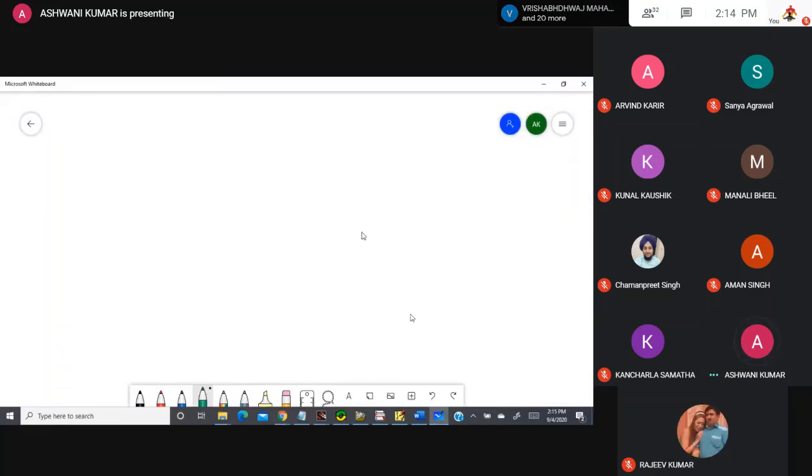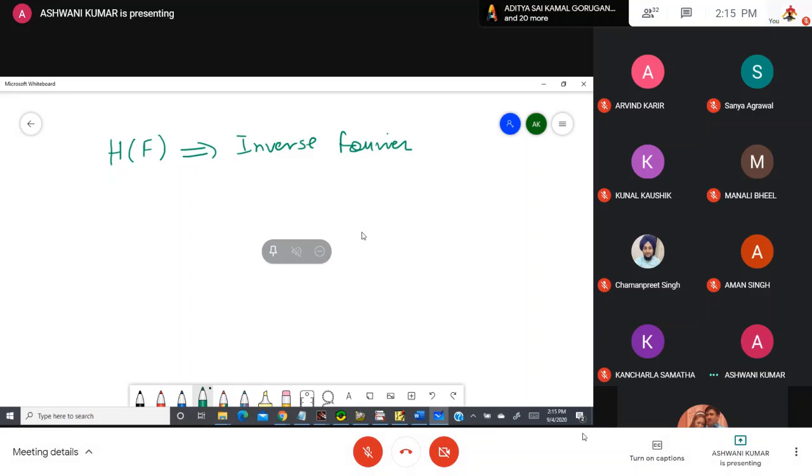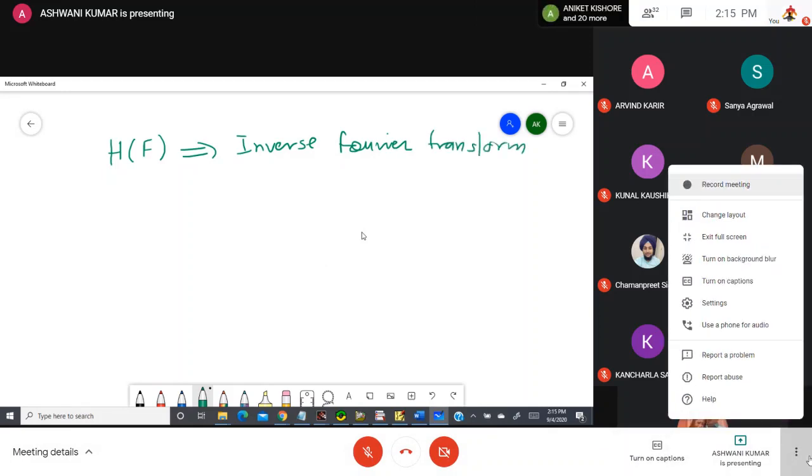Okay, so when you take the inverse Fourier transform, you will get h(t), the time domain transfer function.